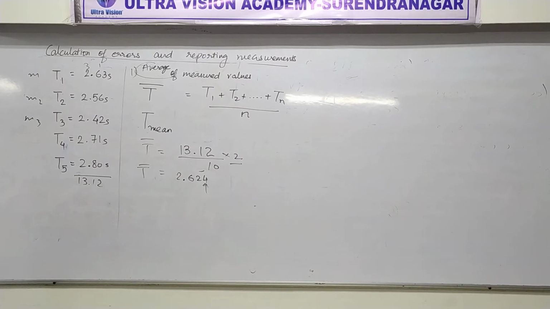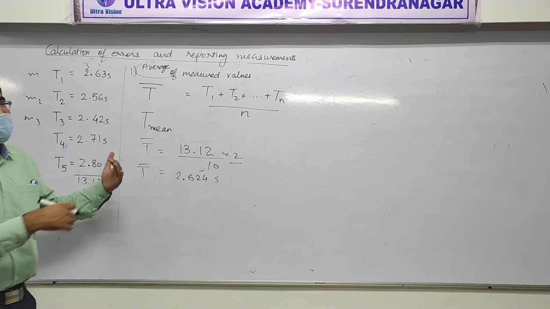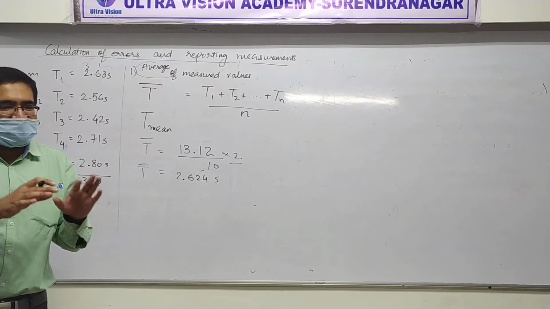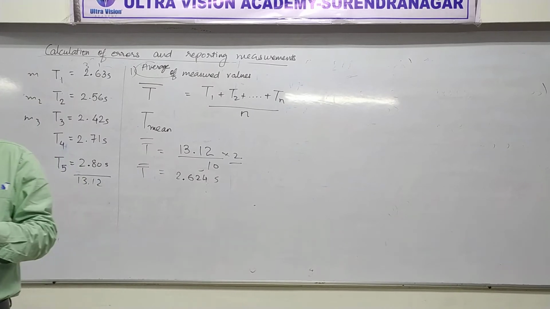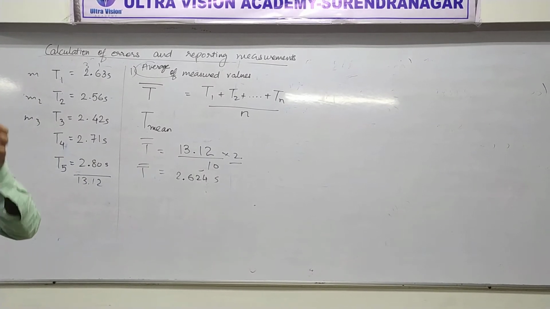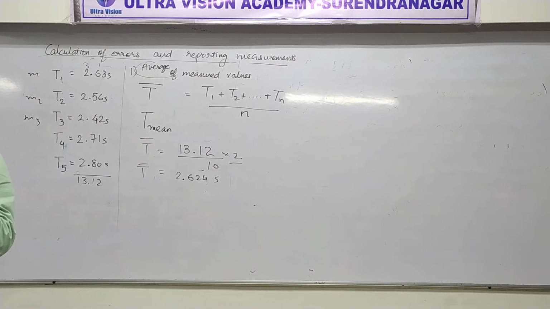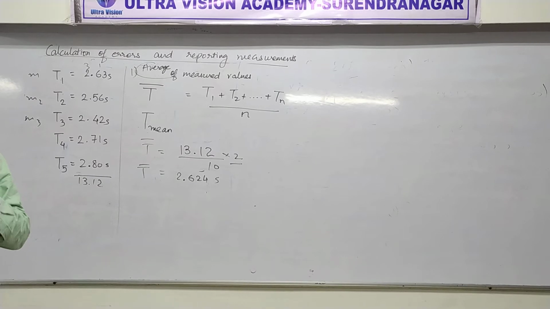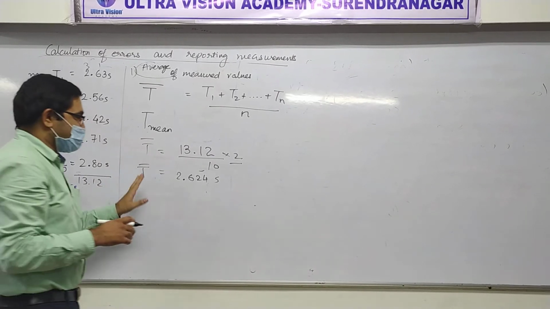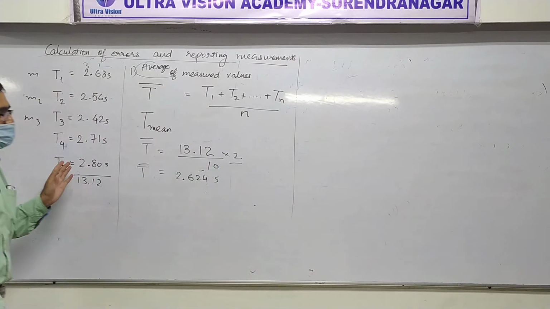Clear? But here I will still leave this as it is, because we still have more things to find. So we are going to do more steps. At the end we will round everything off. Like I taught you earlier, sometimes when you want to do long calculations with lots of steps, you should take one extra digit. Do you remember that? Okay? So this is the key part right now for us. Average of the measured value is clear or not clear?